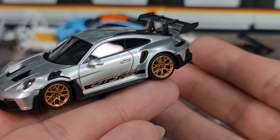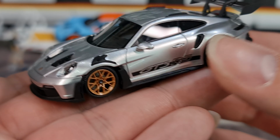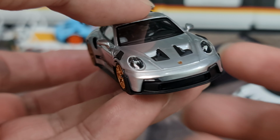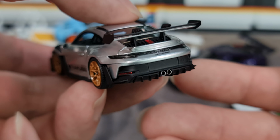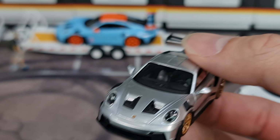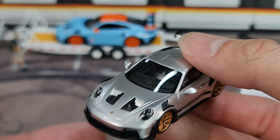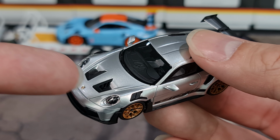Okay, if you hit that DRS button, it will fold, it will be flat, to reduce drag. And of course, on top of that, active aero, there's quite a few active aero elements happening in front as well. They have also redesigned the diffuser a little bit to improve downforce. And one of the most obvious differences from the previous GT3 RSs would be those nostrils